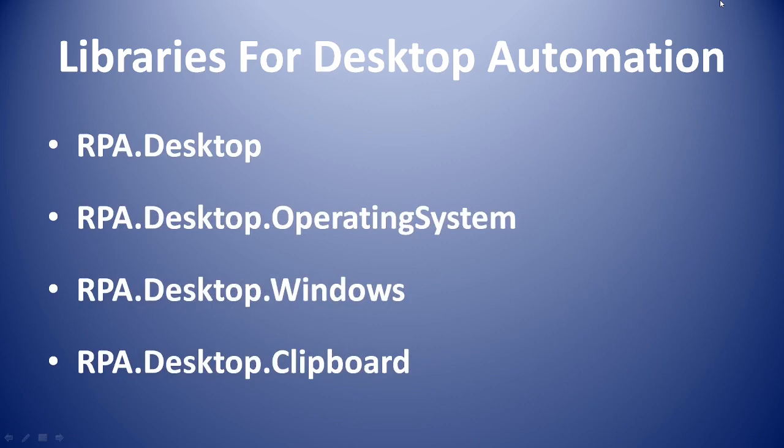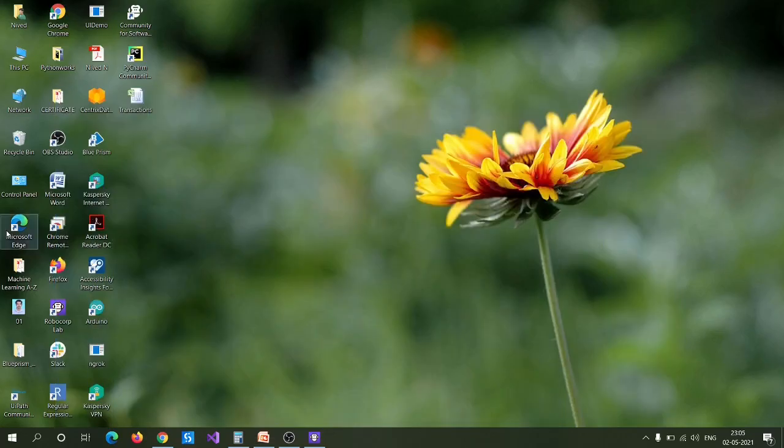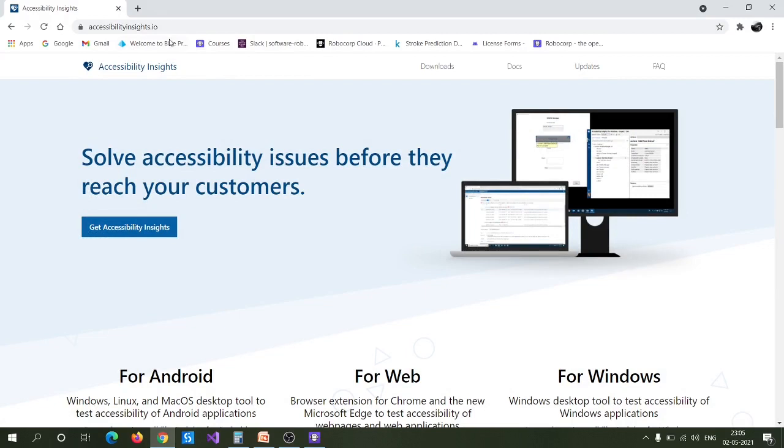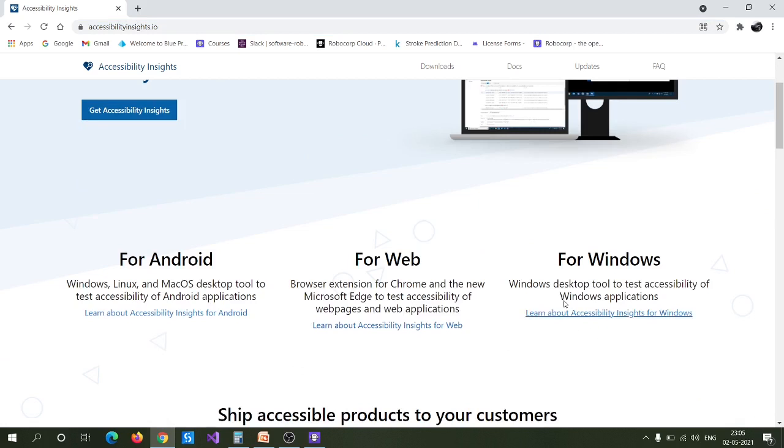So let me open the Accessibility Insights software. I have already downloaded it, and you can also download it by going to this link, accessibilityinsights.io, then clicking on download and selecting the respective operating system. In our case I am downloading it for Windows. Currently Robocorp only supports automation using Accessibility Insights for Windows.